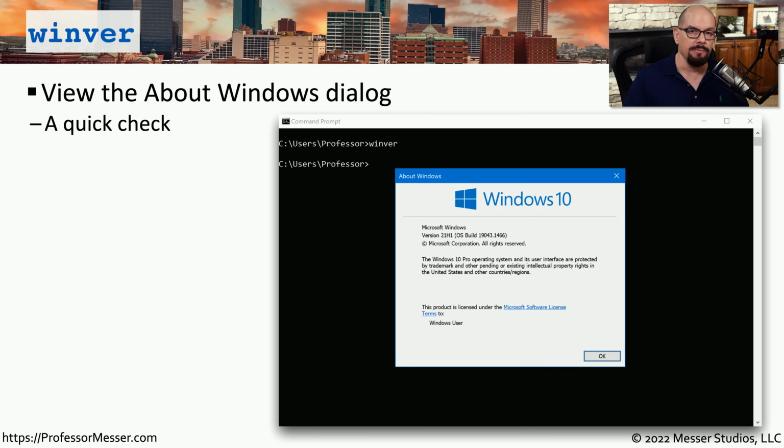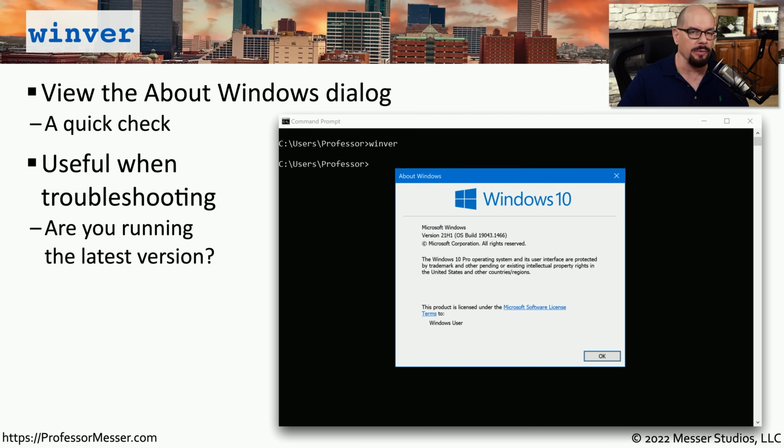The winver command provides you with information about the version of Windows that's running on your local system. This is especially useful when troubleshooting because often you'll sit down at a system and you're not quite sure which version of Windows happens to be loaded on that system, especially if it's a Windows version that has a lot of patches and you're interested in knowing if this system has been patched or not. You simply use winver at the command prompt and you'll get the dialog box in Windows that tells you more